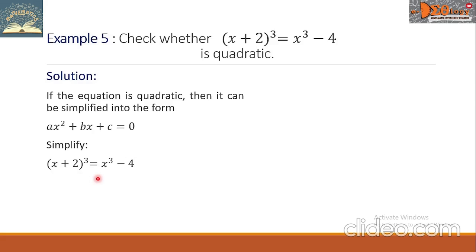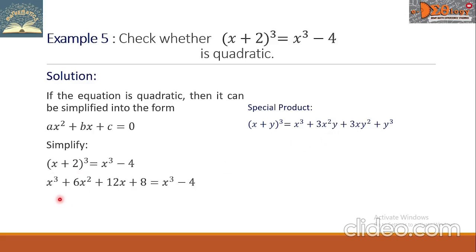On the left side, let us first remember our special product that says the cube of x plus y equals x cubed plus 3x squared y plus 3xy squared plus y cubed. We apply this on the left side of the equation. So the left side becomes x cubed plus 6x squared plus 12x plus 8 equals